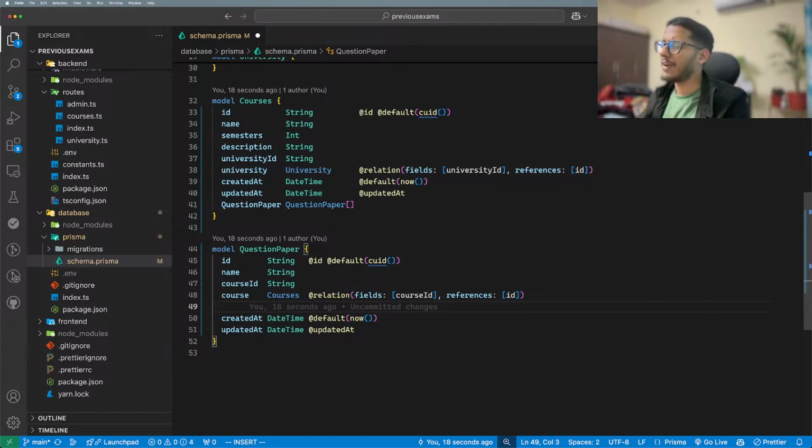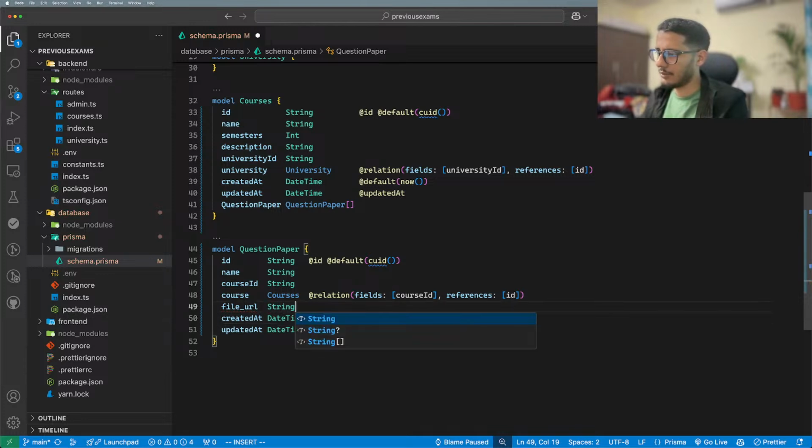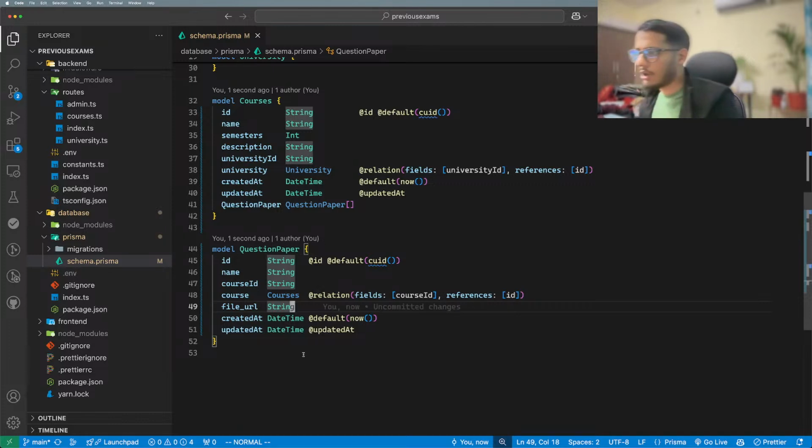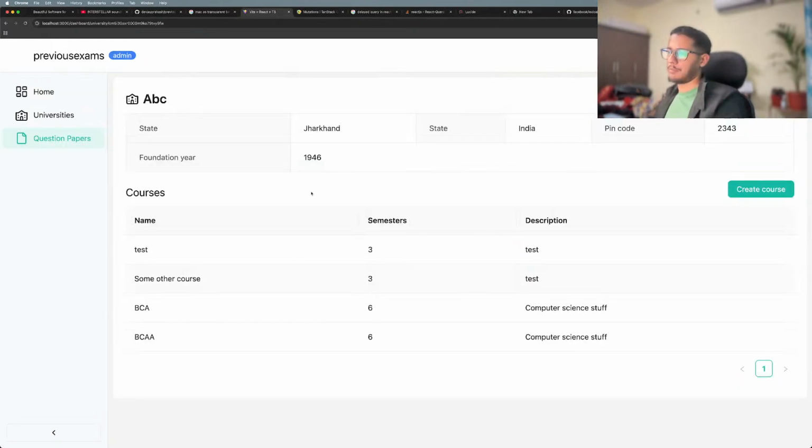What do we need? We'll need a file ID and an S3 connection, like Amazon S3. File should be good. File ID or file URL should be a good thing. File URL. Signed URL, no, it shouldn't be this. Wait, how do we store this? Yeah, file URL is good. File URL will work for us. So now let's try to make this happen. First of all, what we have to do is,